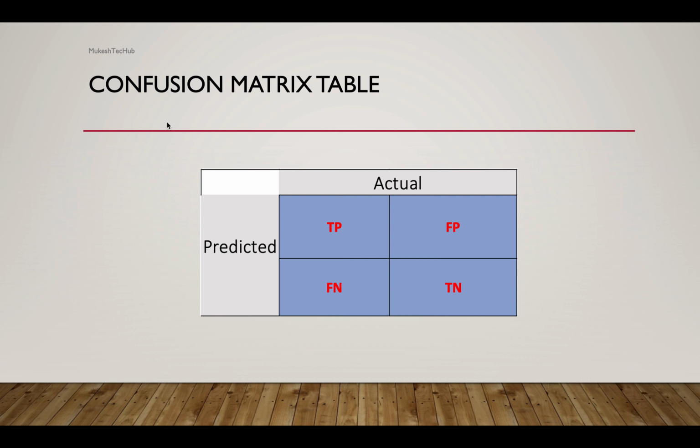So how can we calculate these? Basically, true positive: what does that mean? The predicted value matches the actual value. So the actual value was positive. Suppose you are making some prediction, and the actual value was positive and the model also predicted positive, right? Actual and predicted were both positive, and that comes under true positive.